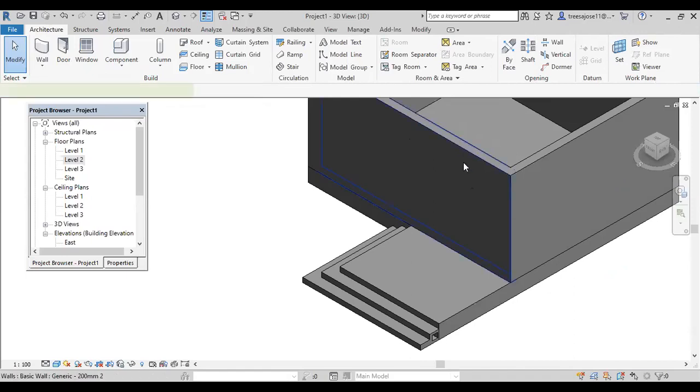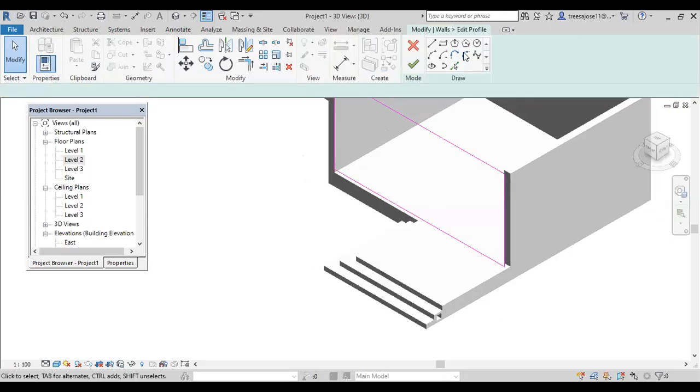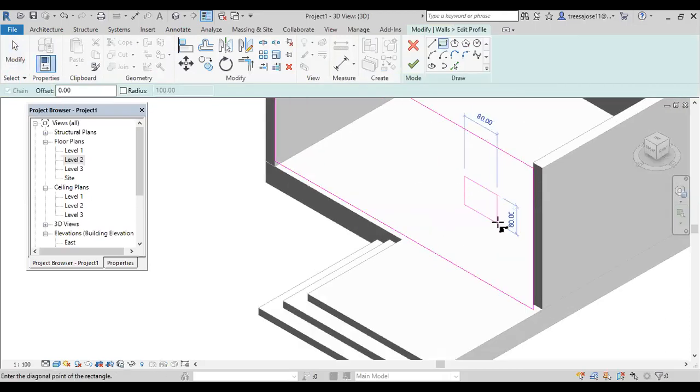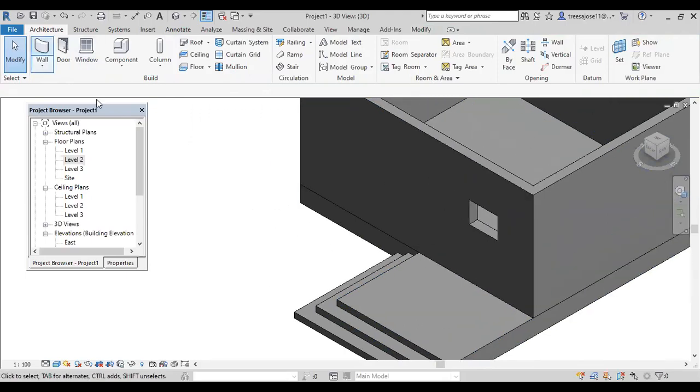If I select this and go to edit profile, then draw a profile something like this and finish it, the entire wall will be opened. But maybe this wall is 23 centimeters thick, and I need an opening of only 10 centimeters. In that case, we go for